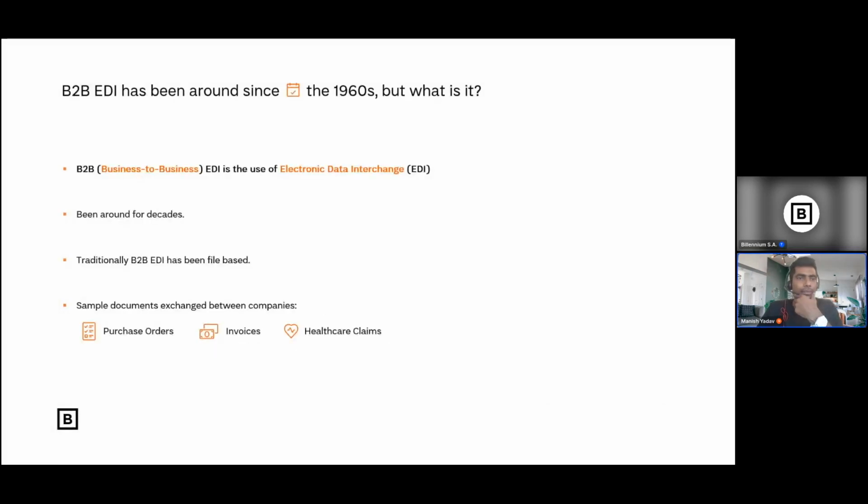Okay, so EDI has been around since 1960, but what is it? Earlier, in the 1960s or a decade ago, if you wanted to order something, they used to call the seller over the phone, or send the purchase order over the fax. There was no API, no EDI integration involved. They used to call the seller to say I have placed a purchase order, or send a fax or telex. There are different ways to inform the seller that I have placed an order, and I want the order to be confirmed and shipped to this location.